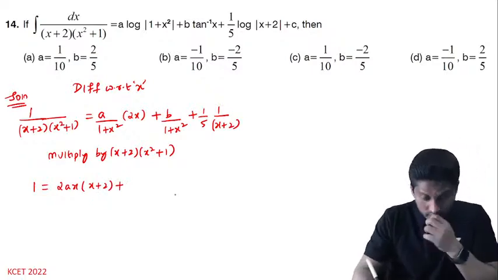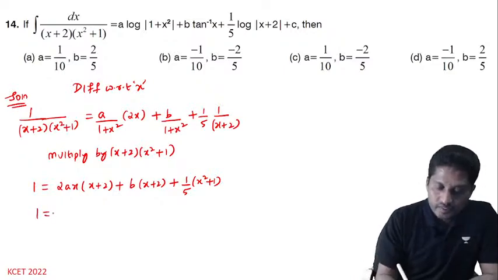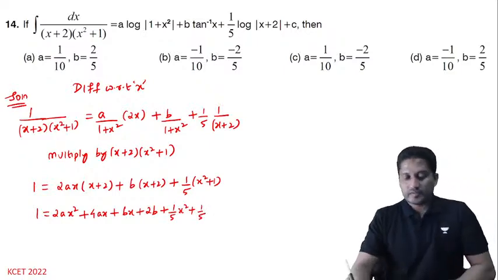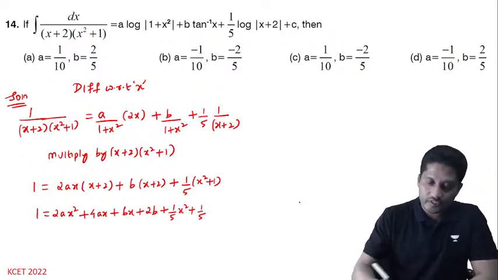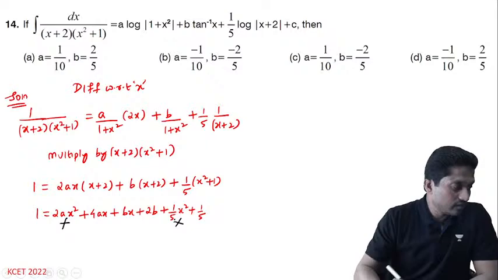plus 2ax into x plus 2 plus b into x plus 2 plus 1 upon 5 into x square plus 1. I can write this as 1 is equal to 2ax square plus 4ax plus bx plus 2b plus 1 by 5 x square plus 1 upon 5. Alright, now if I equate the coefficient of x square, this is x square, this is x square. Right, if I equate the coefficient of x square,